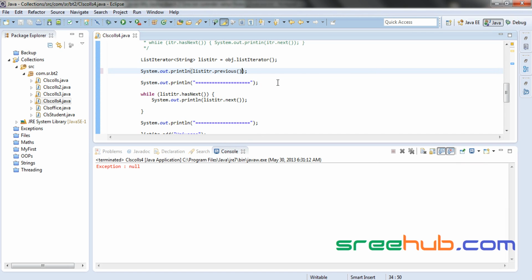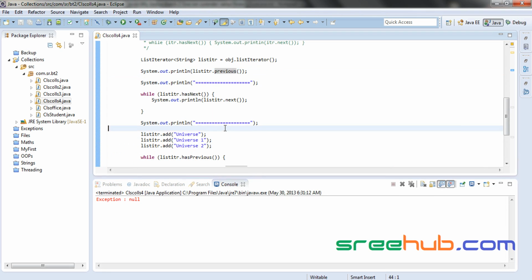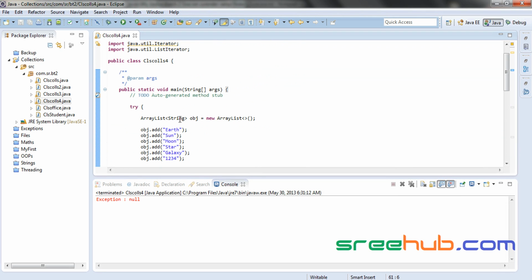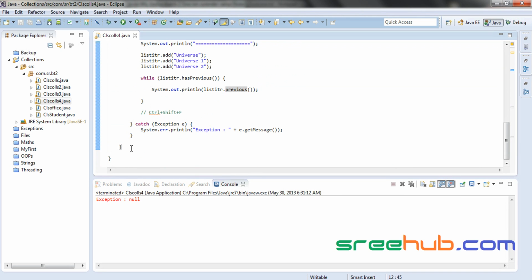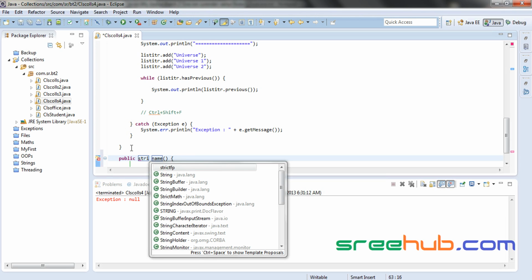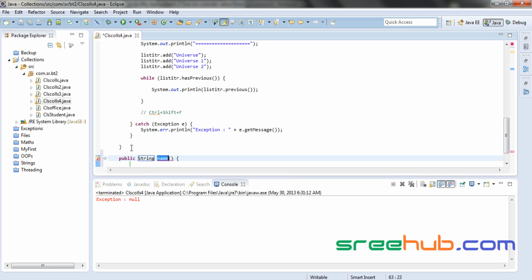Now to answer your question, let us say you want to give one index and you want to get the previous. Is that your question, right? Exactly. Let me just create a method for you. I understood your question. Let us say string you want. Let me create that for you, and let us say get pre-value, and let us say I want to give an array list